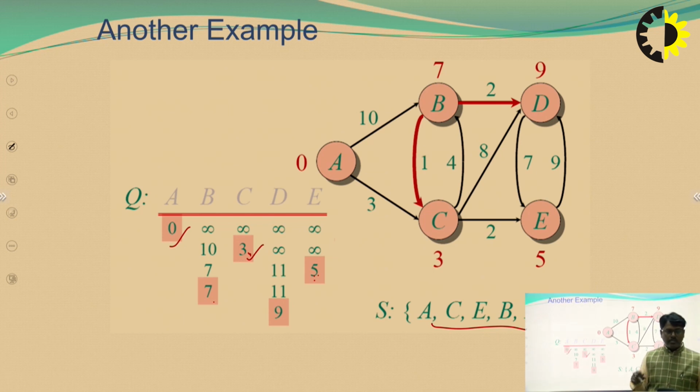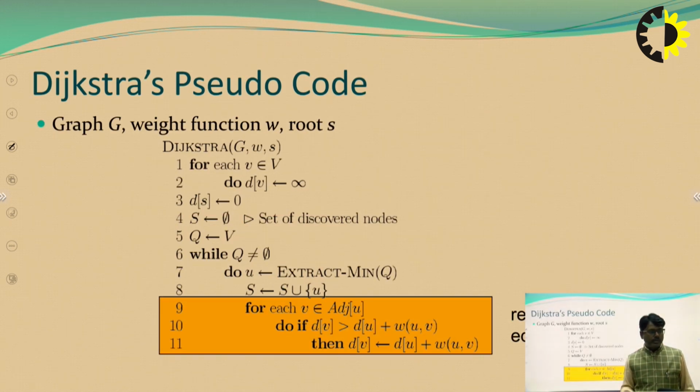Earlier we did it by manually simplifying the graph. Here we are simplifying the graph with the help of a matrix. So both approaches can be applied to solve the shortest path problem using the Dijkstra algorithm. And as per the pseudo code, this is the main code used in the algorithm to relax the node. And how this node can be relaxed is,